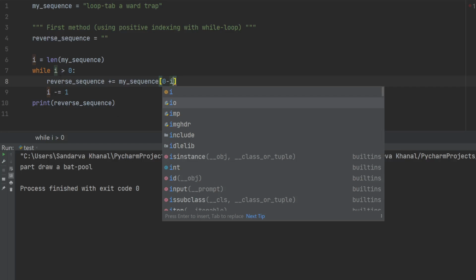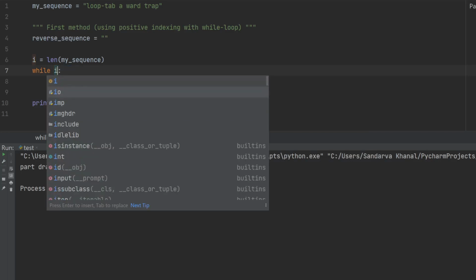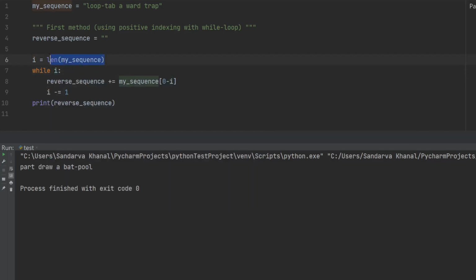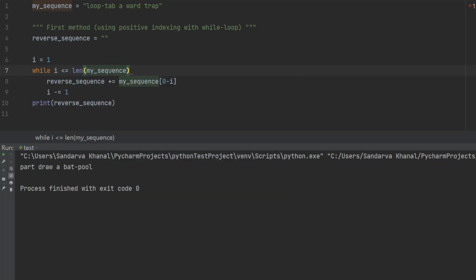And then instead of starting always as a positive number, I would start I equals, let's say, 1, and then while I is less than or equal to the length of my sequence,